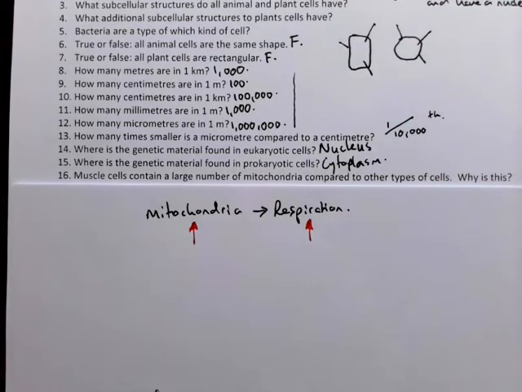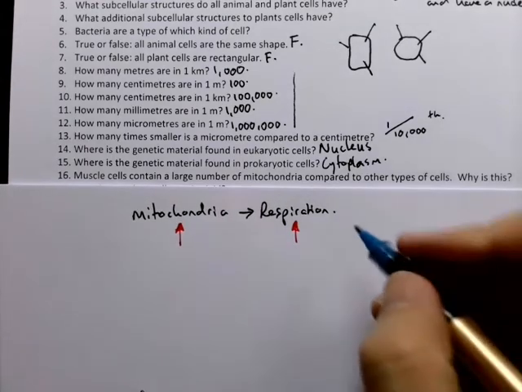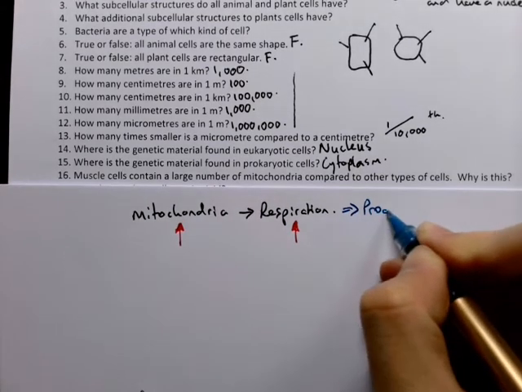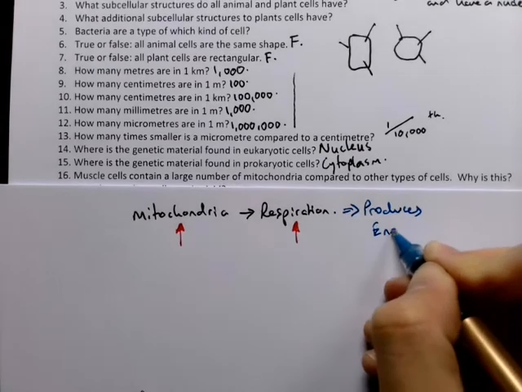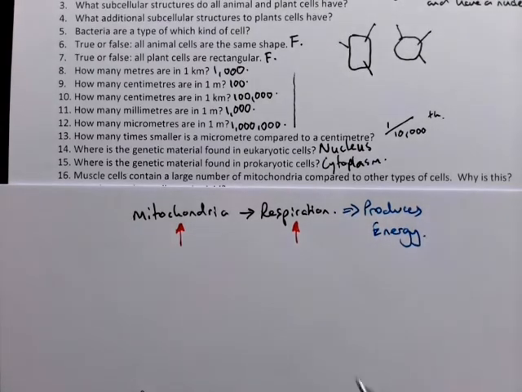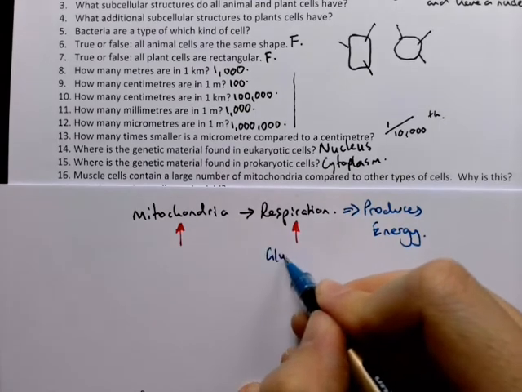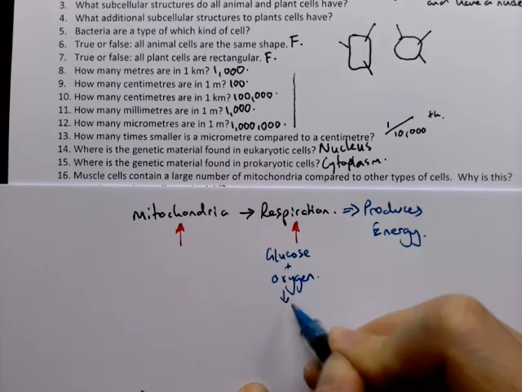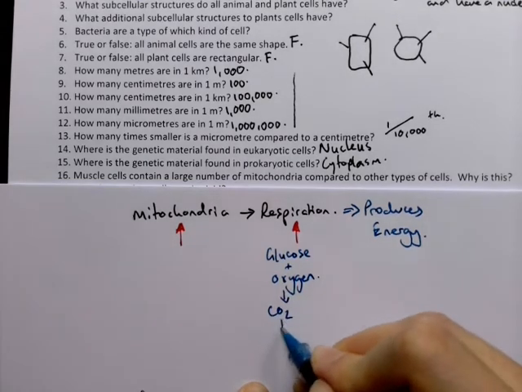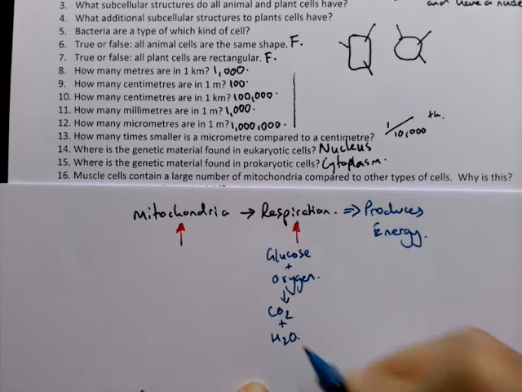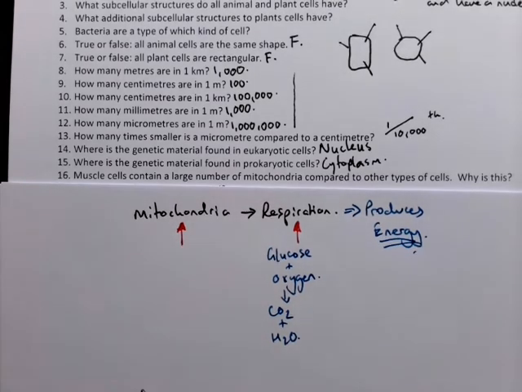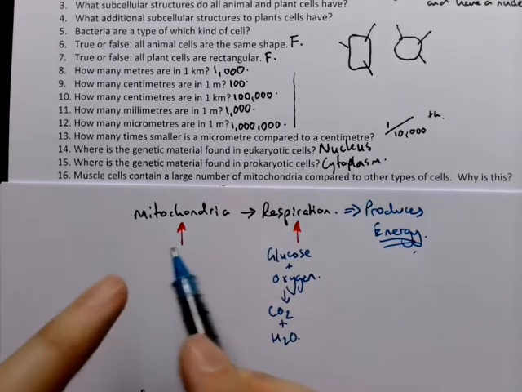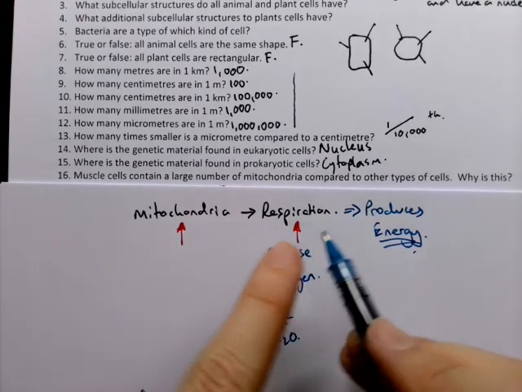So why would a cell need to do a lot of respiration? Well, what does respiration do? Respiration produces energy. You'll remember that respiration is glucose plus oxygen to give carbon dioxide and water, but also energy. So if there's a lot of mitochondria, there's a lot of respiration, which means that it's producing a lot